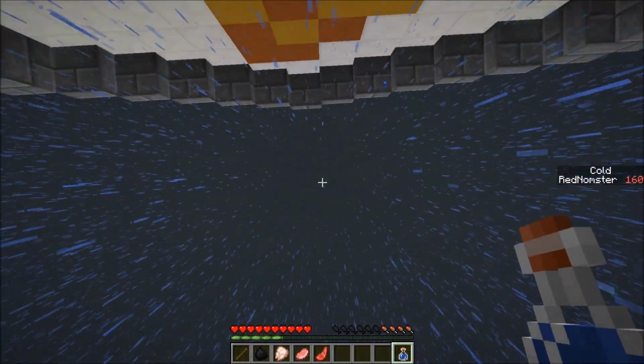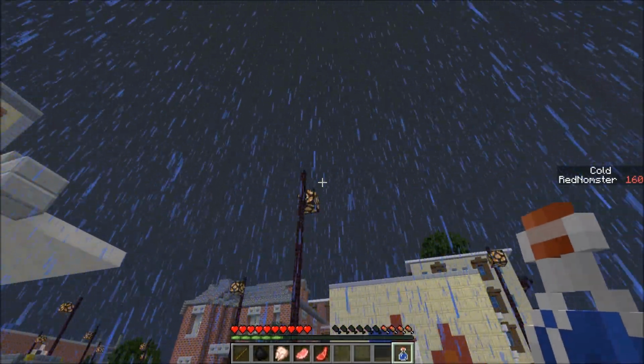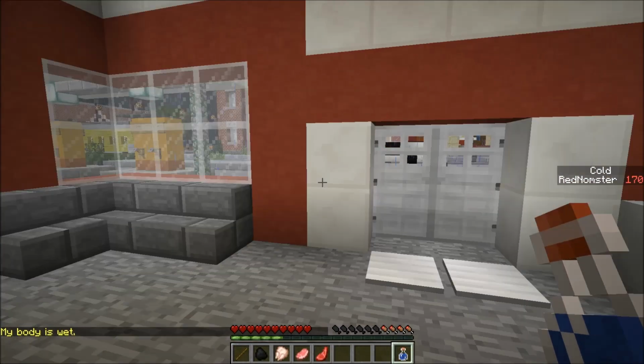So I'm not under raindrops. I walk out here, stand in the rain for a few seconds, and it'll recognize it. The cold meter will begin going up, and it'll also say that I am wet. Boom. Beautiful. Now, there are other things that add to...